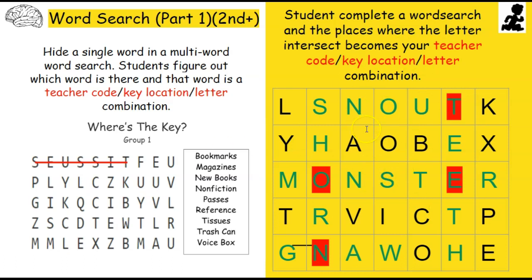Over on this side, we have multiple words that we need to find, and it's where those words intersect that you're going to be using as your teacher code, your key location, or your letter combination. So here we have snout, which intersects with teeth, so the T is going to be in use. We have the word horn, which is intersecting with monster, so we're also going to be using this O over here. The word monster is intersecting with teeth, so we're going to be using this E. And the word gnaw down here is intersecting with horn, so we're going to be using this N. Obviously, these letters are a little mixed up together, but if you rearrange them,